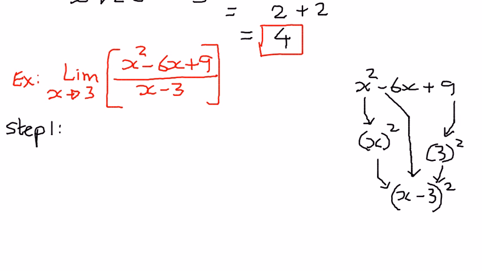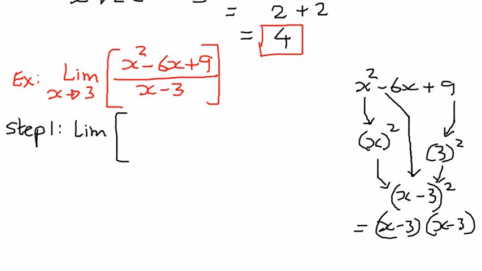So x squared minus 6x plus 9 we can simplify as (x minus 3) squared. So instead of the numerator, I can write it in its factored form as (x minus 3) squared. I can also write (x minus 3) squared as x minus 3 times x minus 3, same thing, right? So I'm going to rewrite the given expression: the limit of x minus 3 times x minus 3 divided by x minus 3